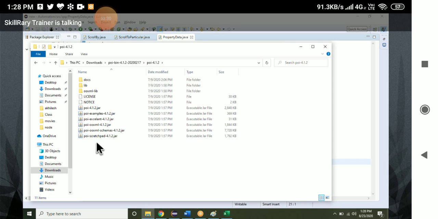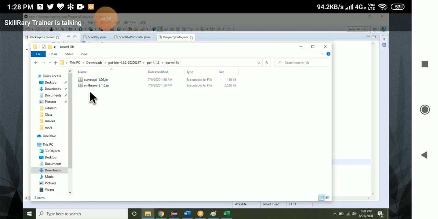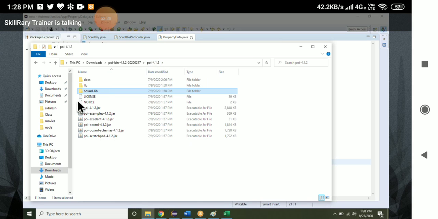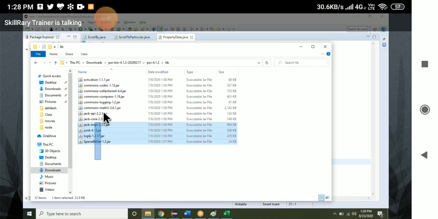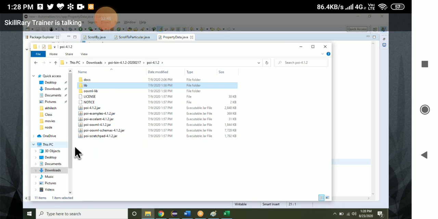You have totally 20 jars. You have 6 jars here. Open this OXML folder, 2 jars. Again, come back. There is one more folder called lib. Inside this also there are 12 jars. So totally 20 jars you have to add.